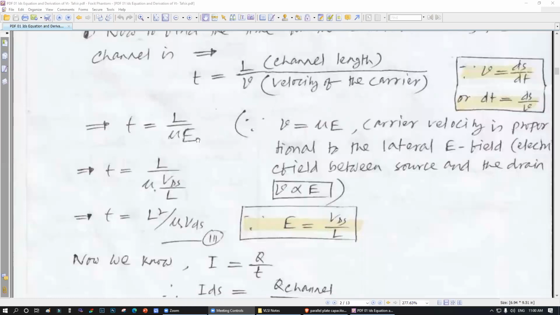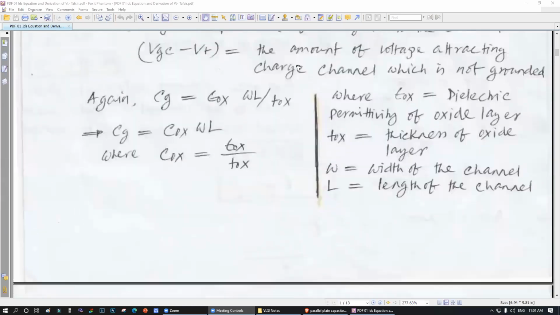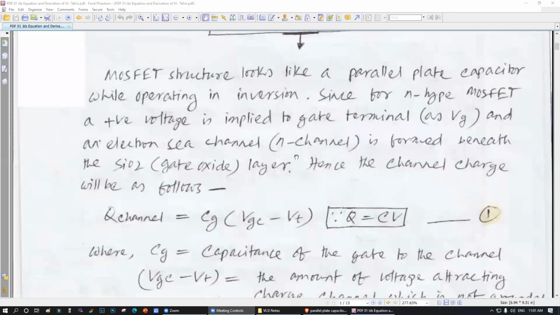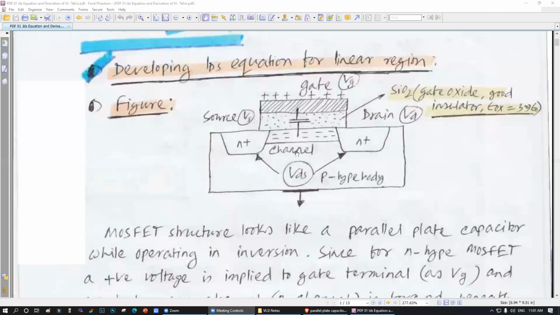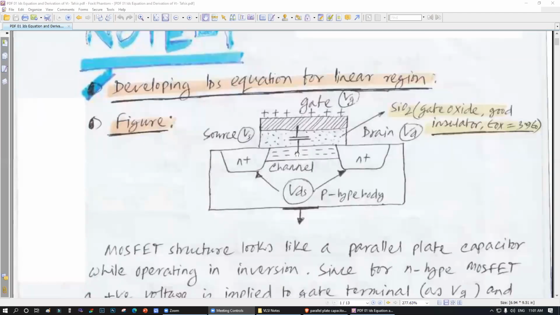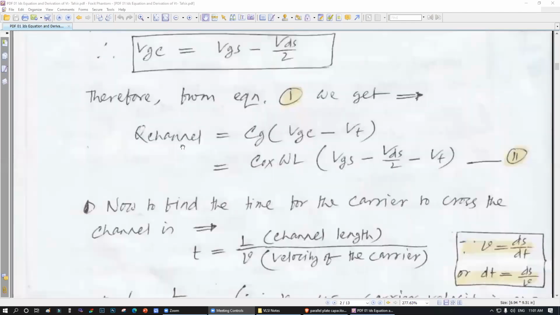Mu is the mobility, and E is the lateral electric field. And we know E is equal to VDS divided by L, because if the voltage is fixed and if the length is variable, if the length is bigger, that means রাস্তা যদি বড় হয় তোমার সময় বেশি লাগবে, ভেলোসিটি কম হবে, আর রাস্তা যদি ছোট হয় তাহলে কম লাগবে. Okay, so if the L is smaller, you have more speed. If the L is bigger, you have less speed. Okay, so your E is equal to V by L.